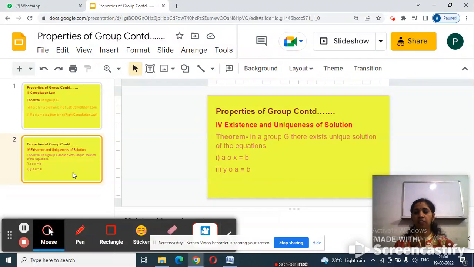Similarly, if we take y1 and y2 to be two solutions of y operation A is equal to B, then in a similar manner we will get y1 is equal to y2. So the solution is unique. So in a group